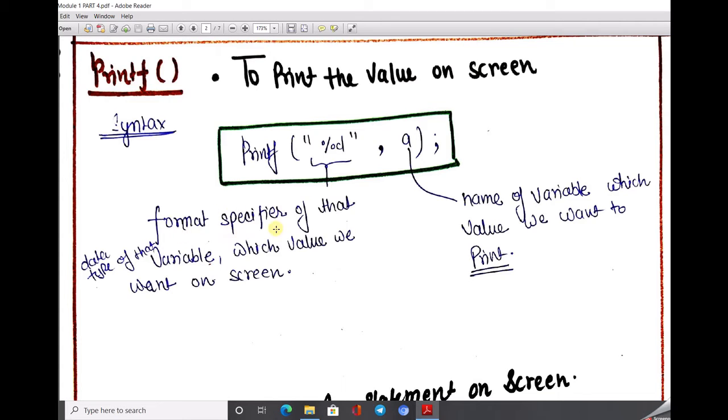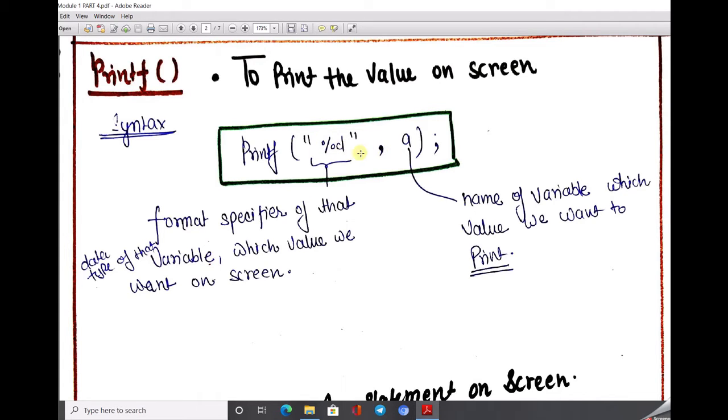So this is the format specifier for the data type of the variable whose value we want to display. I want to display the value of a, so first we check which data type a has. We saw that a has data type integer, so we just write percent d.